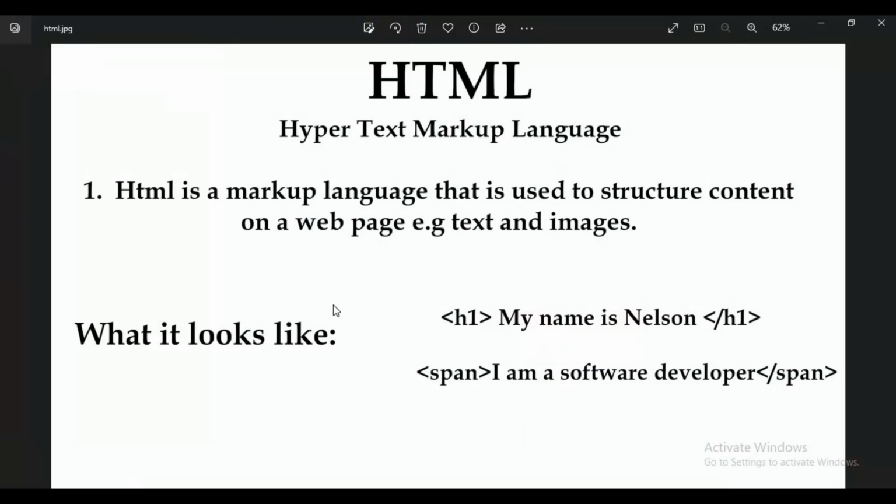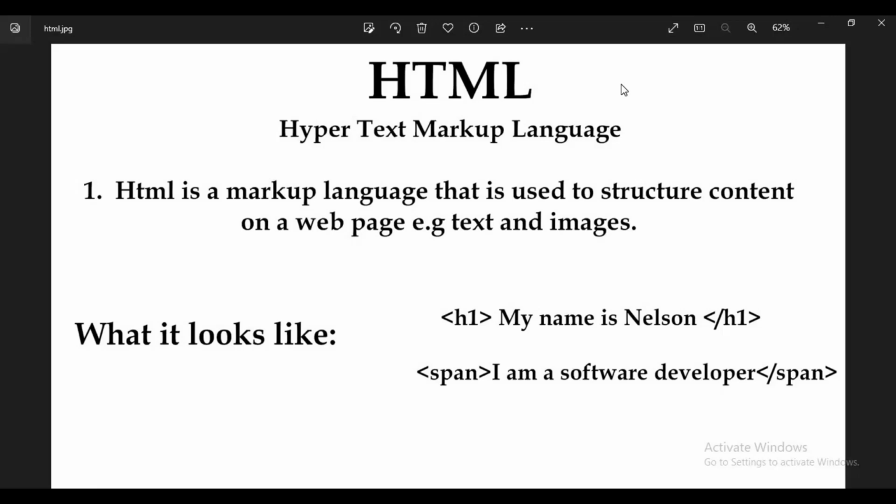Yeah, but before we dive into that, I know a lot of you right now might be asking what's HTML and what's CSS. So I'm just gonna brief you guys on the definitions and what they do. So HTML is known as hypertext markup language. Let me just say it's not a programming language. It's a markup language which we use in structuring contents on a web page. For example, text content, image content, and lots of other contents you could structure on a web page. Then we use